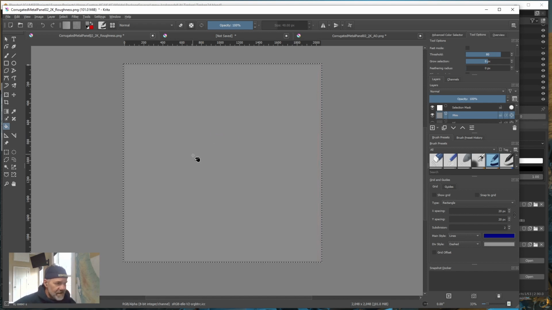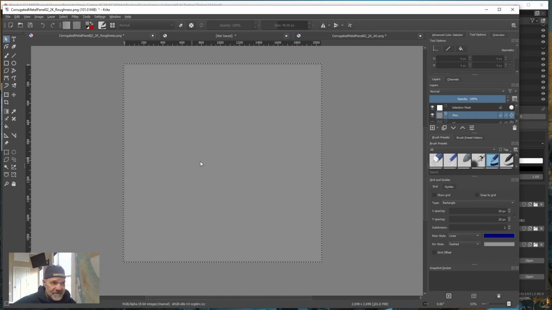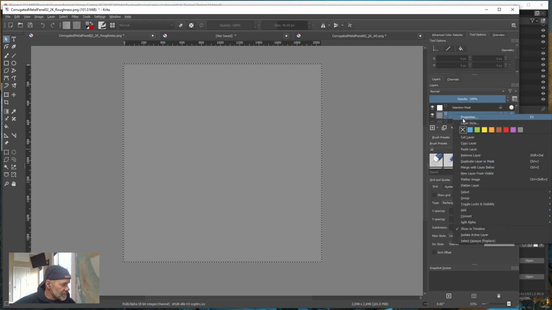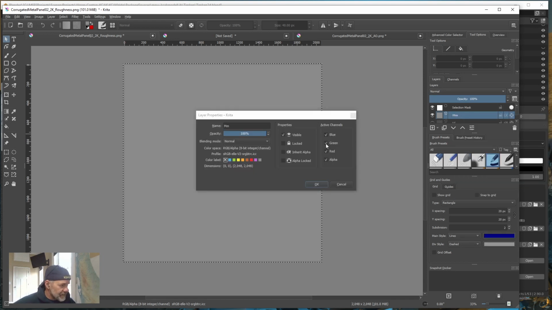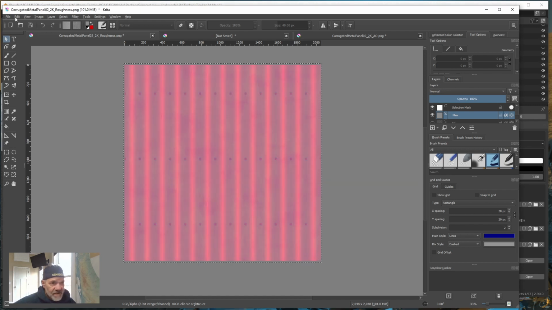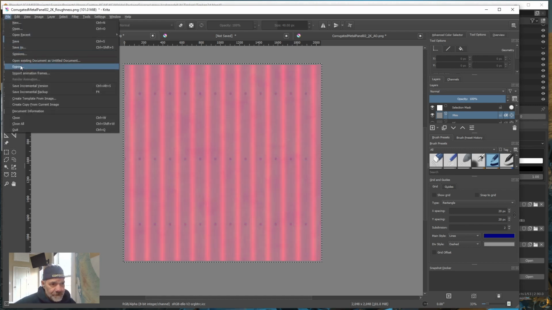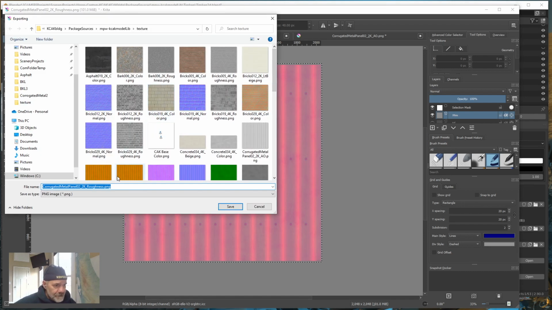All right. Now what we need to do again is turn off all the layers except for the blue. So I'm going to right click, Properties, turn off everything but the blue, hit OK. And then I'm going to export this one out to,